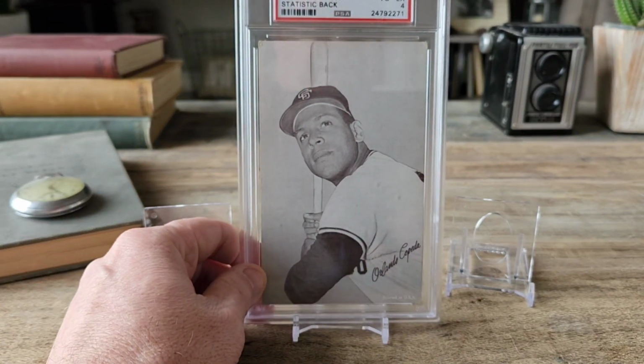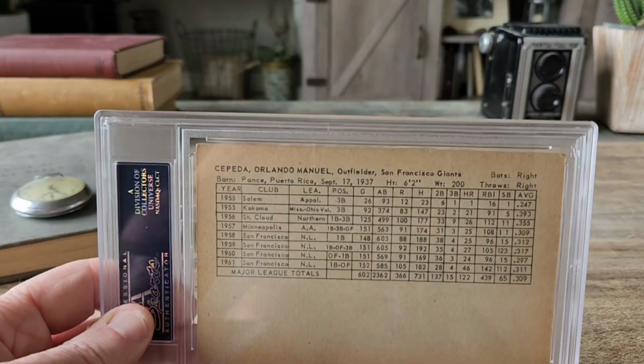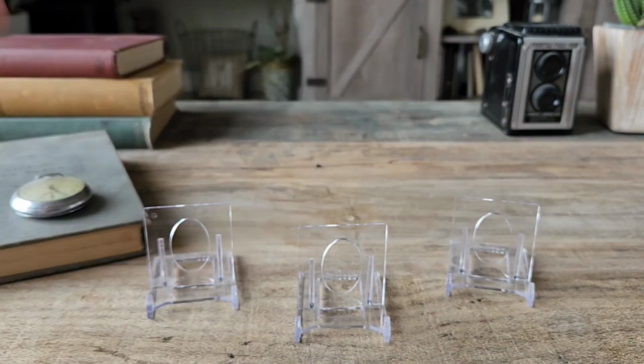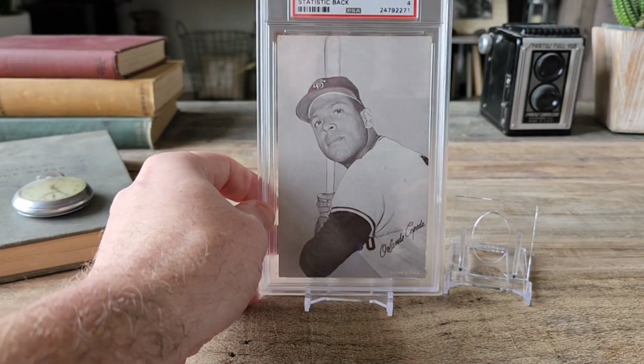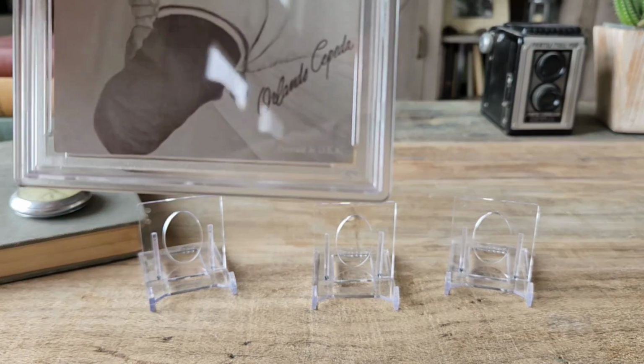Just a really clean looking Exhibits. This is the stats back. This certain years, most of them didn't have stats, but this year they did. Exhibits are a whole other exploratory thing where you can try to figure out what years they are. With stats back are pretty easy. You can pin them down to 62, but others you have to kind of look and see if it says